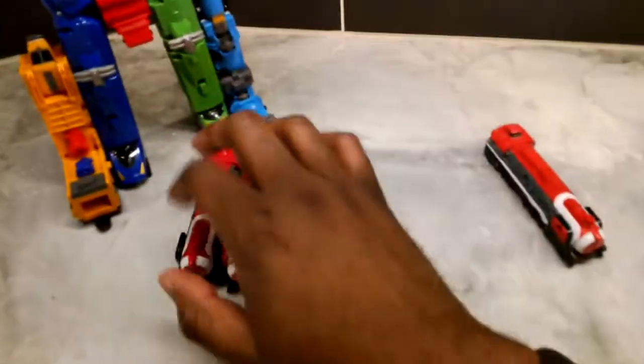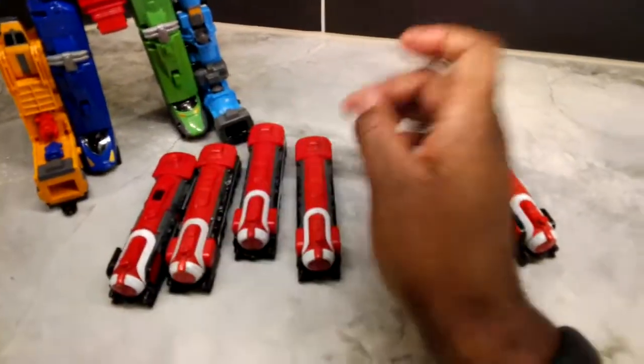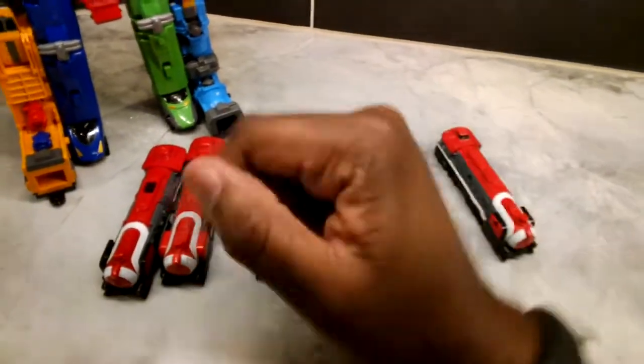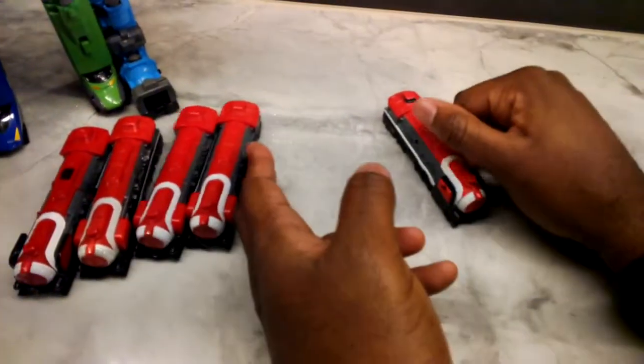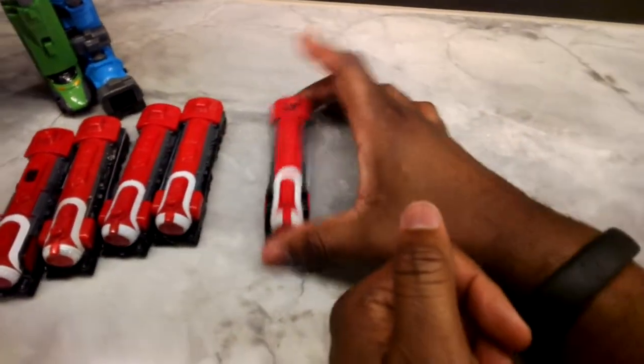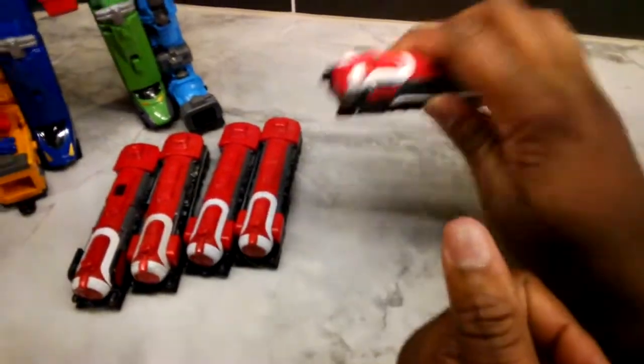Again, the recap so far: this guy can transform. This guy says something different. These guys are pretty much the same except for minor paint differences. Right, now let's get to the one that I just got yesterday, the SG Ressha. This one was kind of